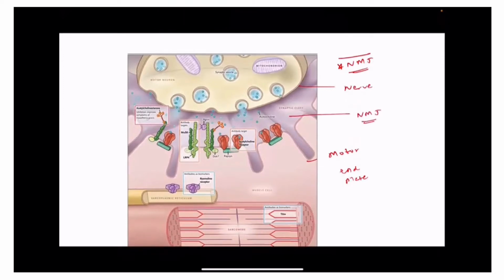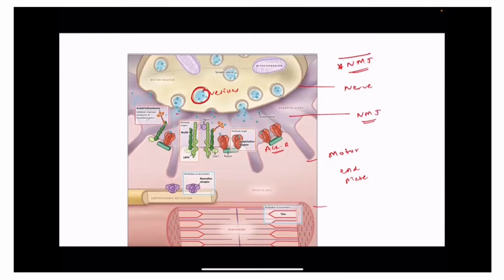And as we know, once the action potential travels down the nerves, these are your acetylcholine vesicles. And from these acetylcholine vesicles, you see this acetylcholine coming out and attaching itself to the acetylcholine receptors on the muscle end plate. And you get your nerve action potential or muscle action potential. So muscle contraction all happens because of this.